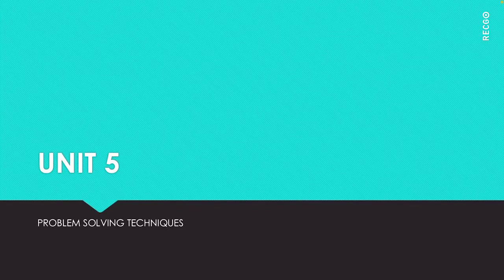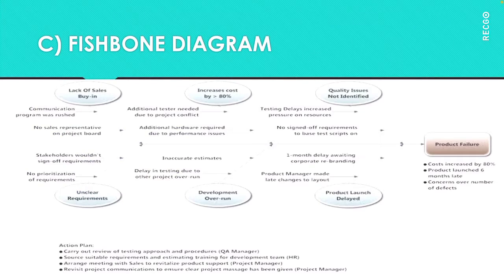In today's class we'll discuss the third problem solving tool, which is known as the fishbone diagram. The fishbone diagram is a simple tool that allows quick and effective root causes to be understood in the pursuit of corrective actions. Often referred to as a cause and effect diagram, it is a simple root cause analysis tool that is used for brainstorming issues and causes of particular problems, and is often used in conjunction with the 5 whys tool.